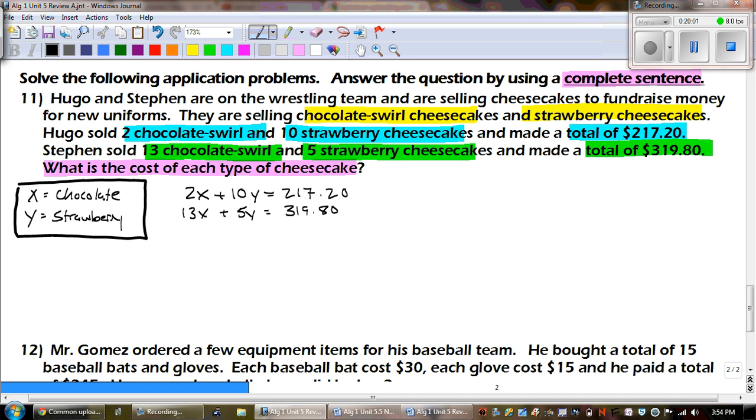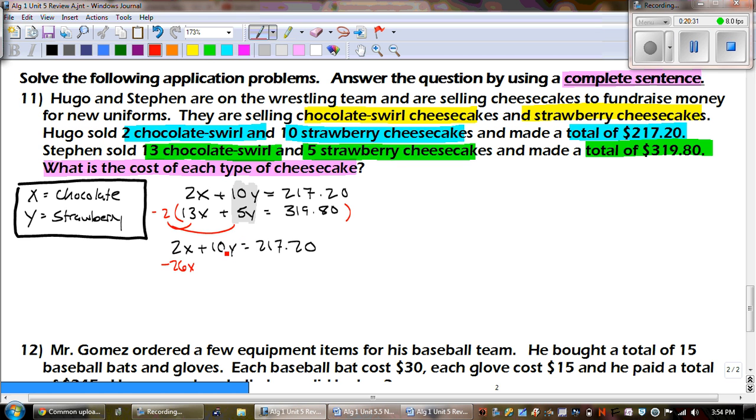So just remember when we're doing that, that each sentence is its own equation. Okay, now, what do I want to cancel? I'm going to cancel the y's. And to cancel the y's, I'm going to multiply by a -2. So my top equation stays the same, the 2x plus 10y equals $217.20. And then we get